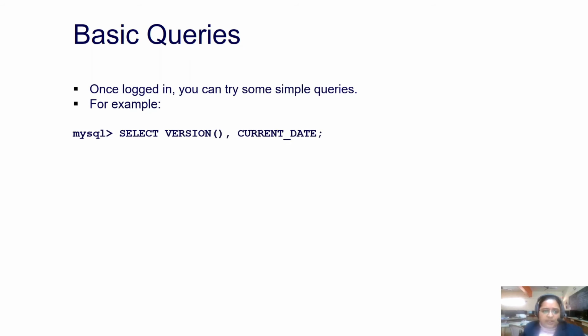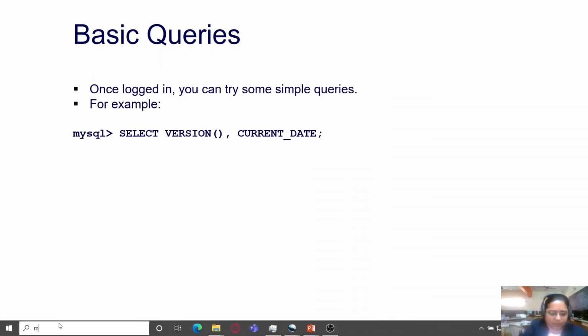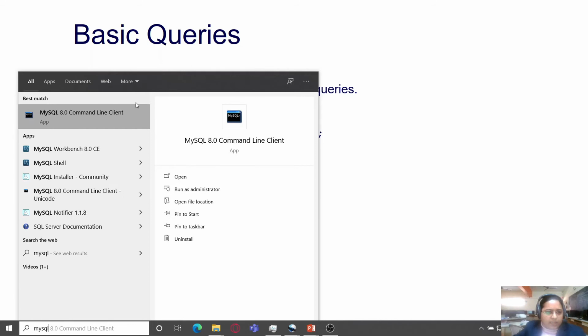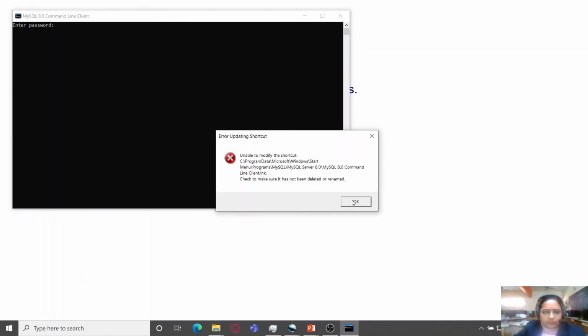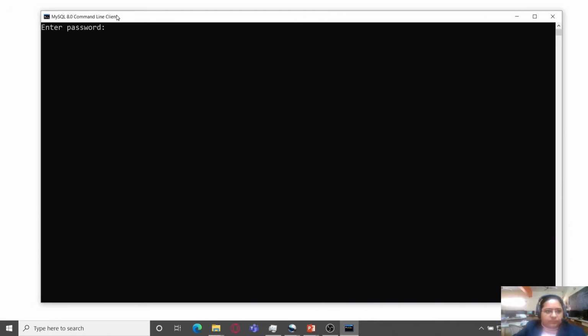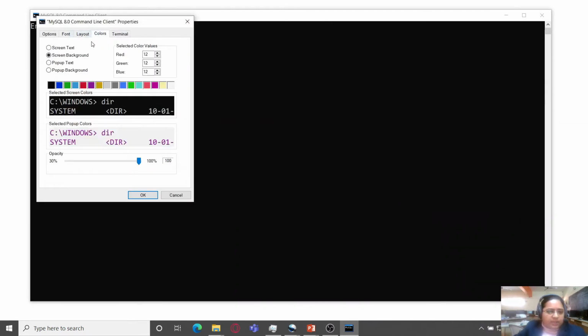Some basic queries: select version, current date. Let me explain this. I'm going to first search for MySQL command line client, pin it to the start menu and open it from here, and I'll increase the font size a little bit. I'll also change the background. You can also change the text color and screen color.